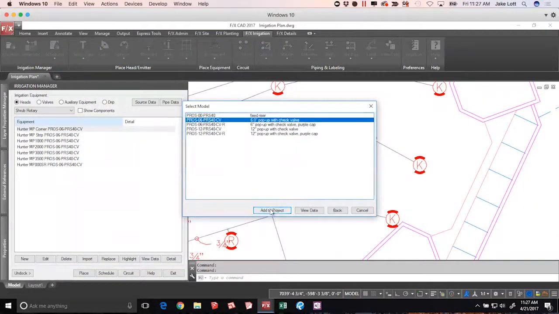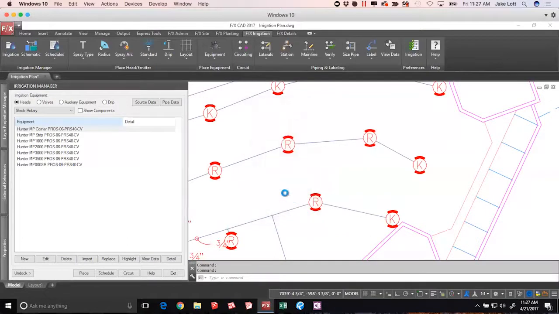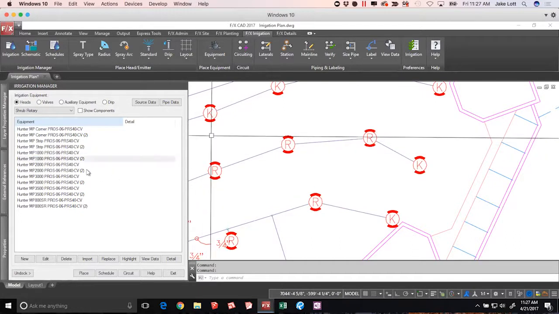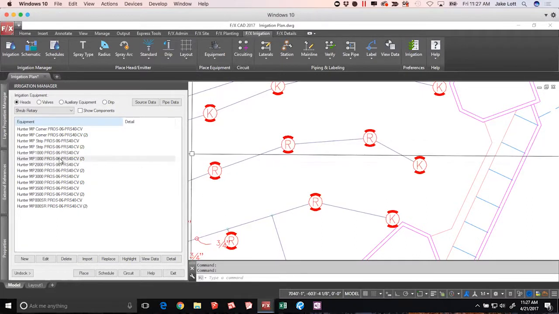As you start doing that, the thing to keep in mind or keep an eye out for is the actual line item here is going to be a little different in the fact that it's going to have a little parenthesis 2 next to it. And that's one thing that you do need to be cognizant of as you